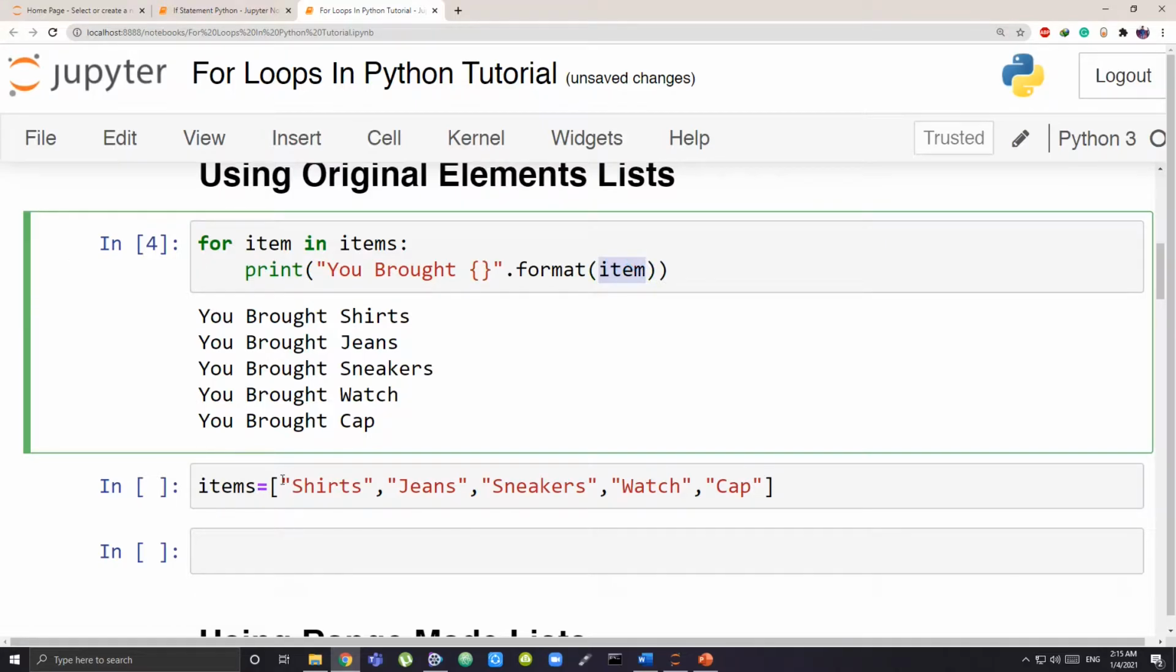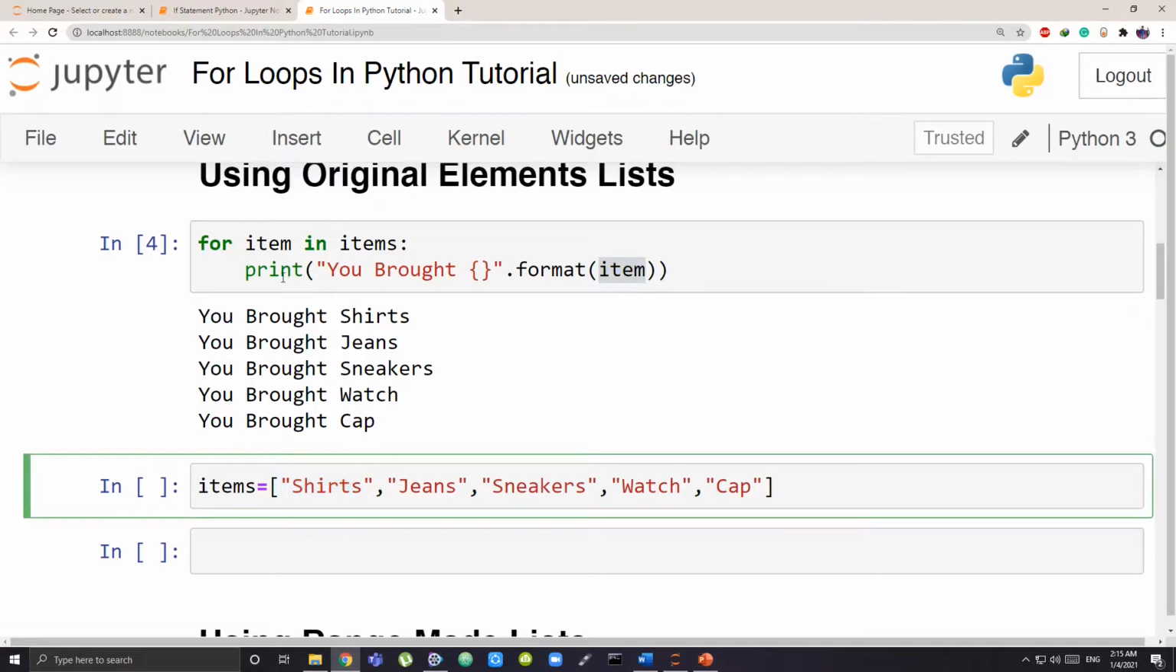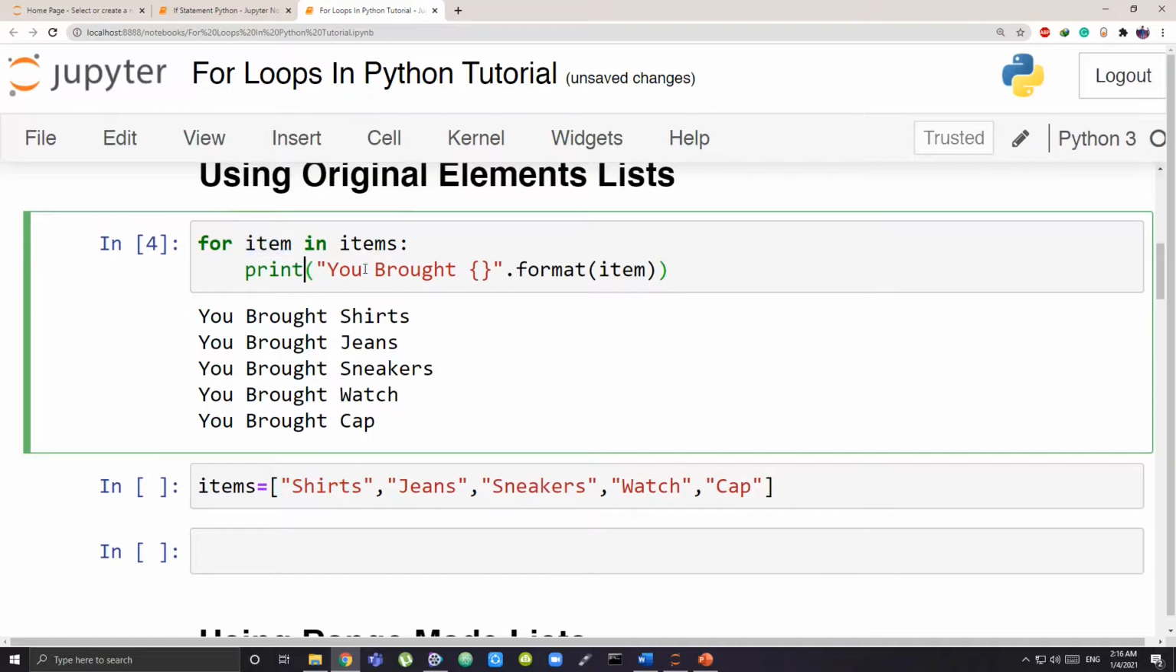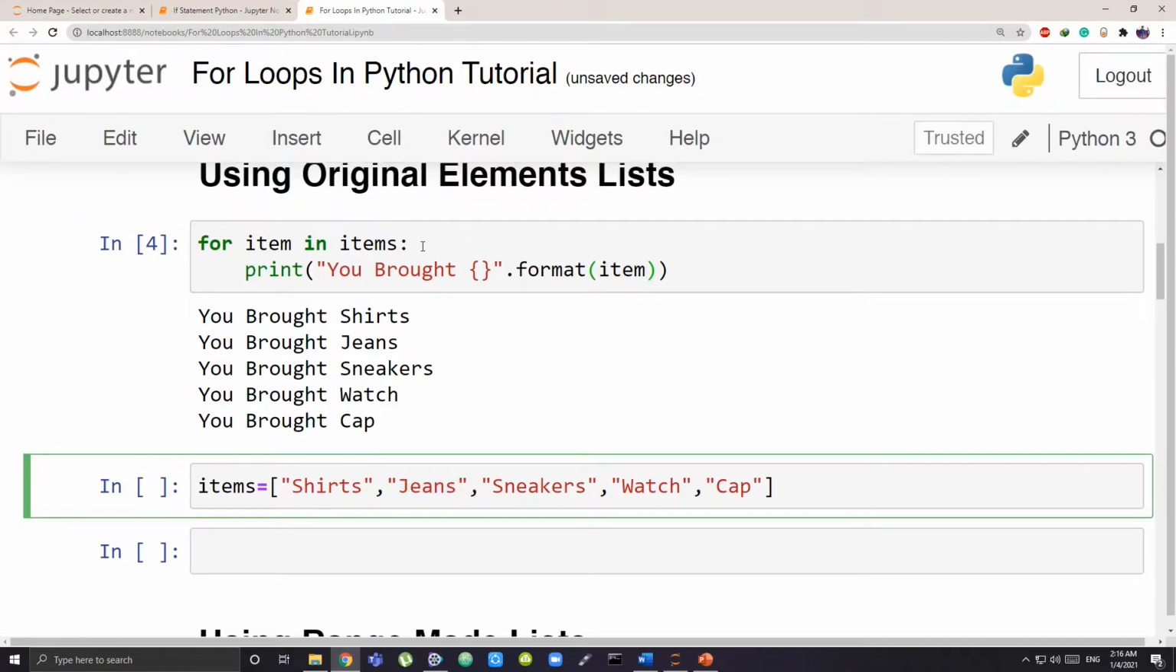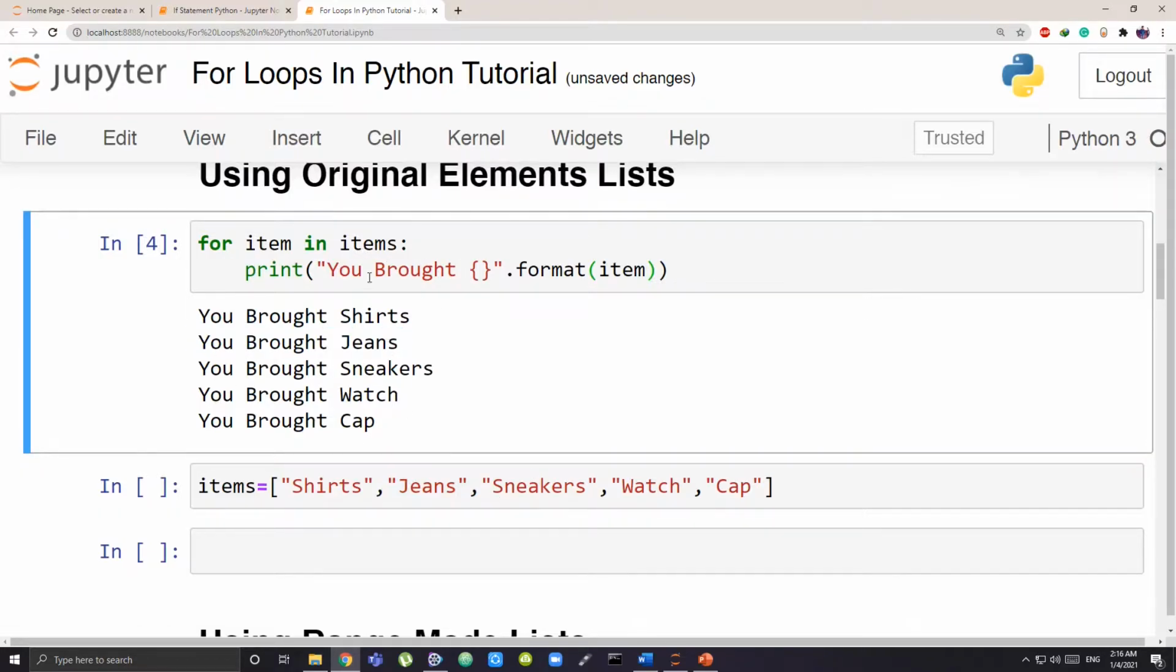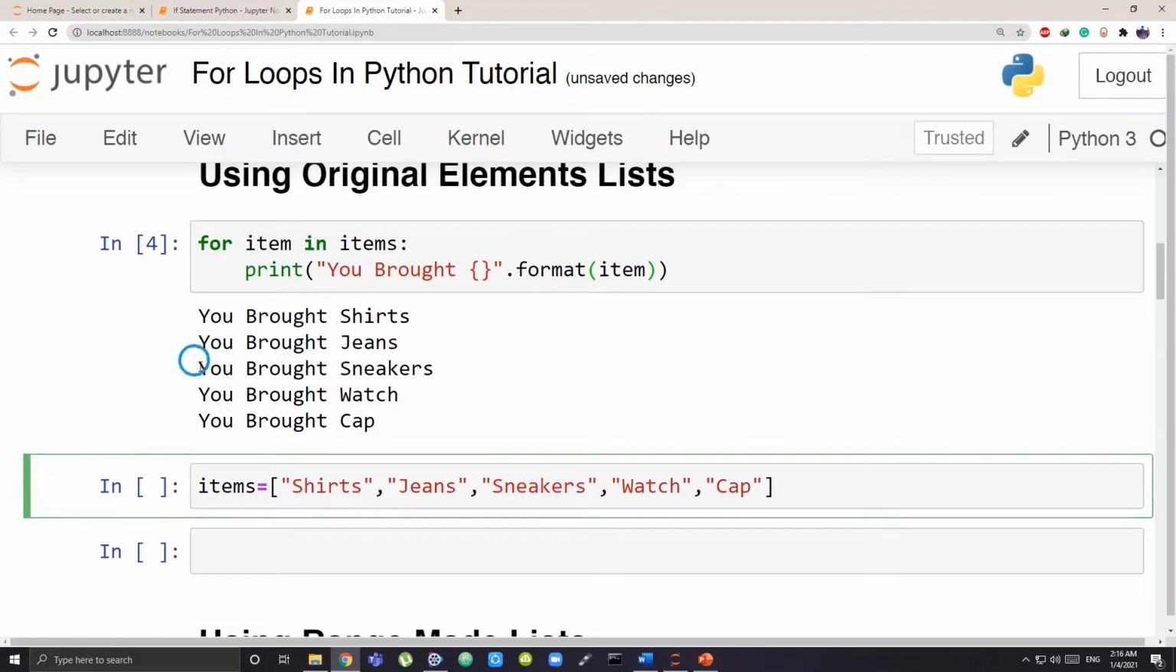So first round, item will take the value shirt. Item took the value shirt, that is the first element, and it printed you bought shirts because that was the value of item. Then it came again, it ran up and saw, is shirt the last element? No. Then it took the next value, that is jeans, and then inside the code ran and we got you bought jeans. Then again we went up and the Python compiler saw that jeans was also not the last element, so the next element that item will take is sneakers, and then it printed you bought sneakers,